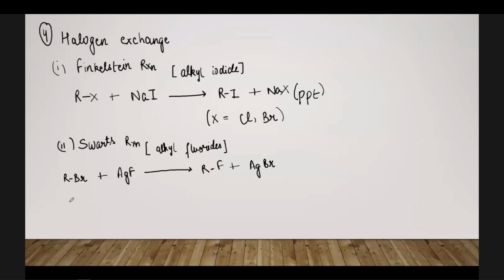There are other substitutes also that you can use here. I am writing them because it is important. The presence of metallic fluoride: what all things can we use in the place of AgF? It is AgF, Hg2F2, cobalt fluoride, CuF2. Okay, so these are the metallic fluorides that we can use here.